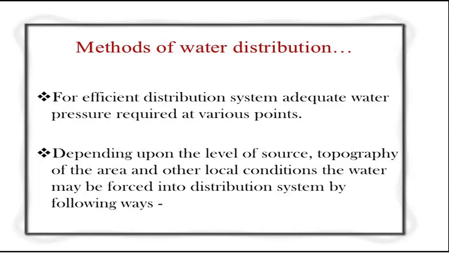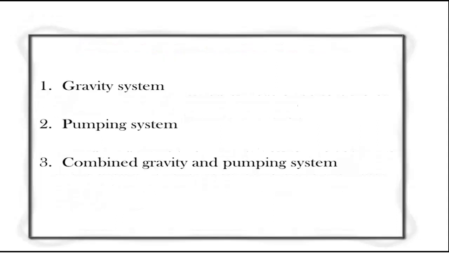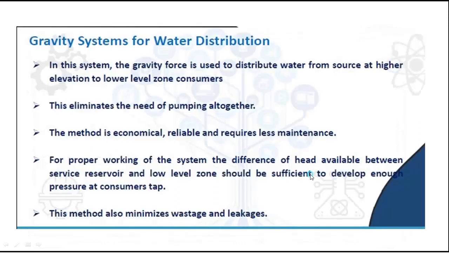While explaining pumps, I explained to you, always water should flow from the reservoir, that is the service reservoir, to the distribution system by gravity only. Only in exceptional cases you should use pumps, and if exceptional cases are in between, then you can use a combined system also. Therefore, depending on the flow of water, we are dividing a distribution system into three methods, that is a gravity system, pumping system, and combined gravity and pumping system.